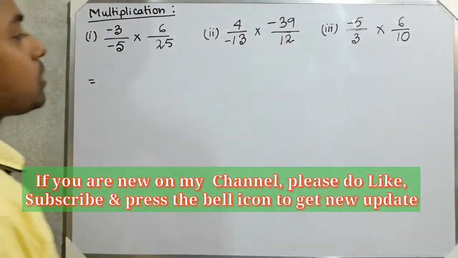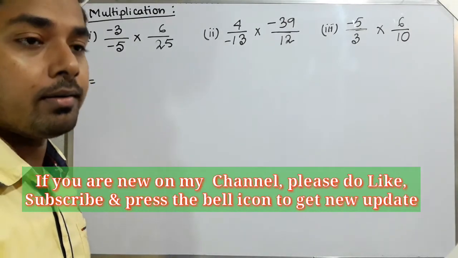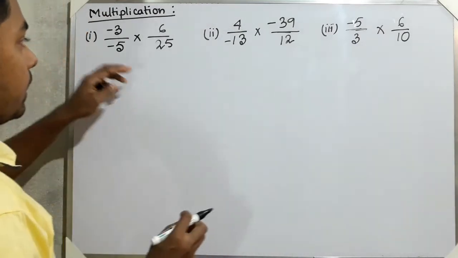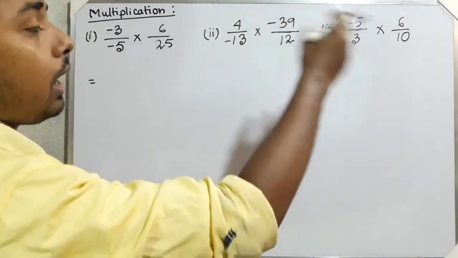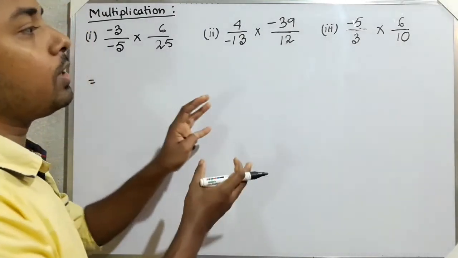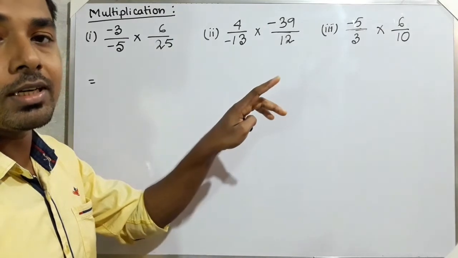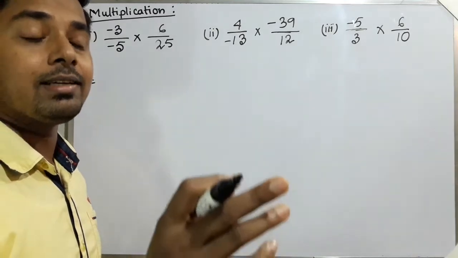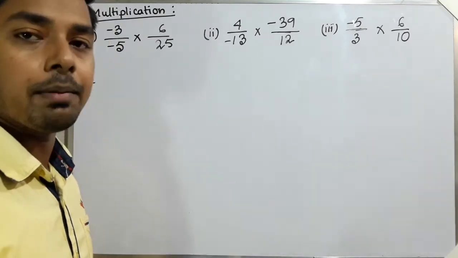So now first of all, you have to check if any denominator or any numerator can be cut, then you have to cut it out. If the numerator and denominator can be cut, then you have to cut them; otherwise, multiply up and multiply down. This is the rule here. First check whether the denominator and numerator can be cut; otherwise, multiply all the numbers on top together, and multiply all the numbers on the bottom together. Same rule as the multiplication of fractions, the same will happen here also.